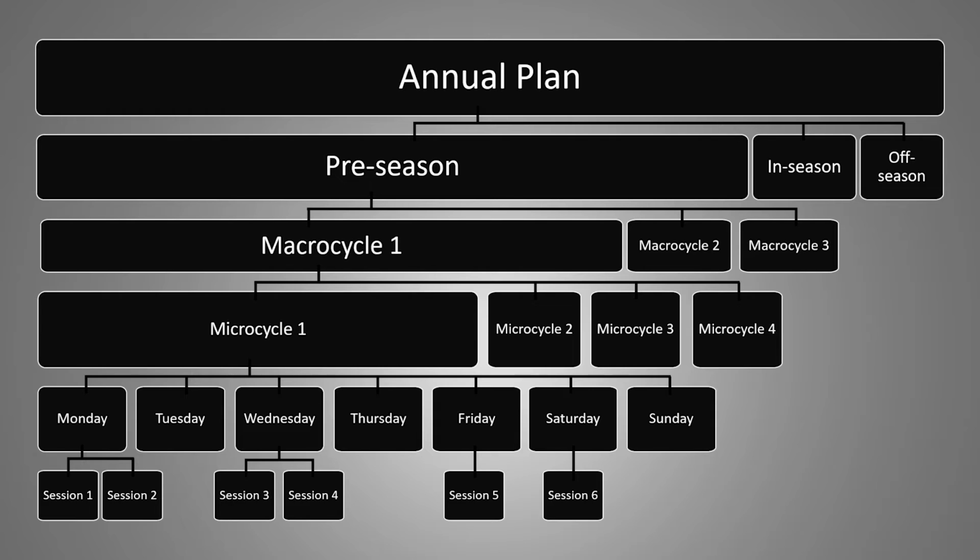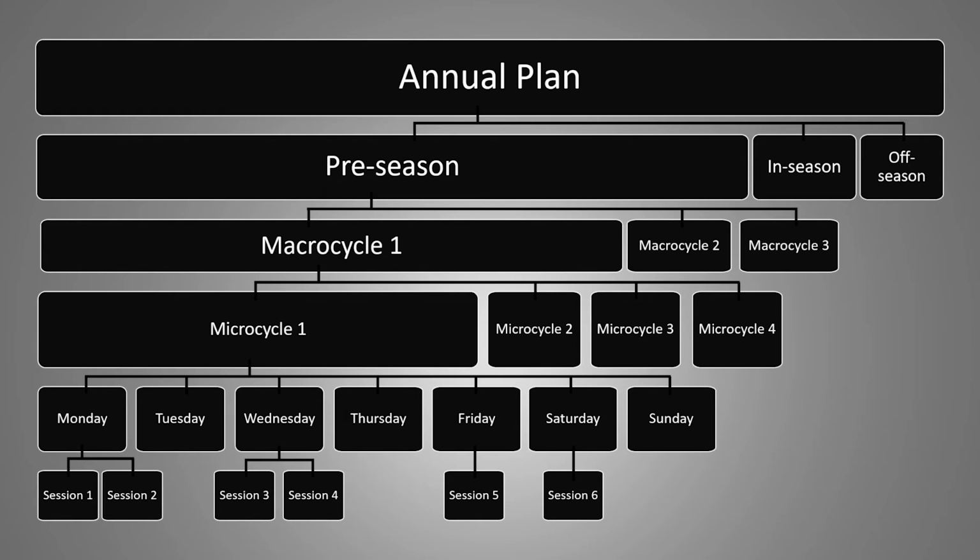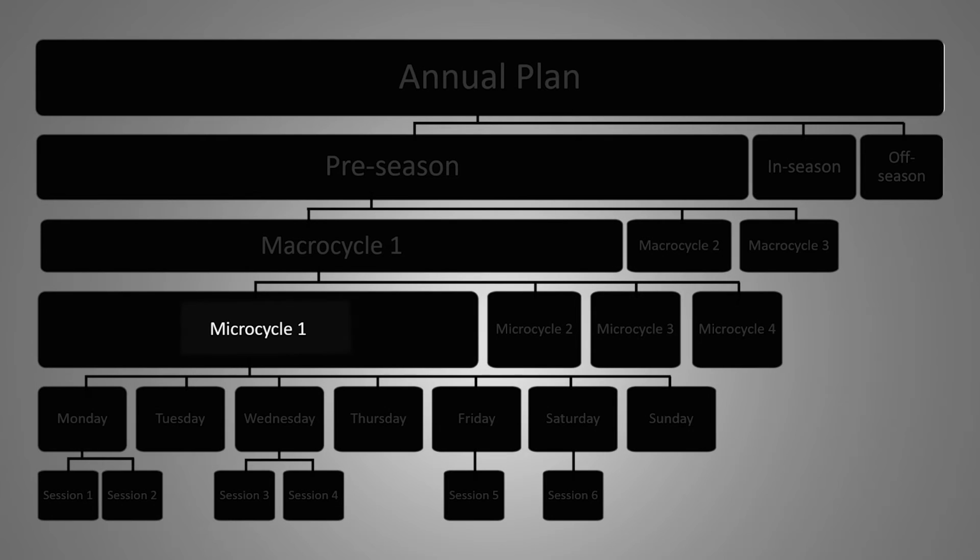Within these phases, there are distinct blocks of training that focus on improving particular athletic attributes of our athletes. These blocks are known as macro cycles and might last anywhere from 3 to 8 weeks, but it's completely up to you as the coach to decide how long these macro cycles last for. Within our macro cycles, we have smaller blocks of training known as microcycles. These smaller blocks typically last about a week. It's often convenient to have your microcycles last for a week. It's then easy to break up your specific days of training.